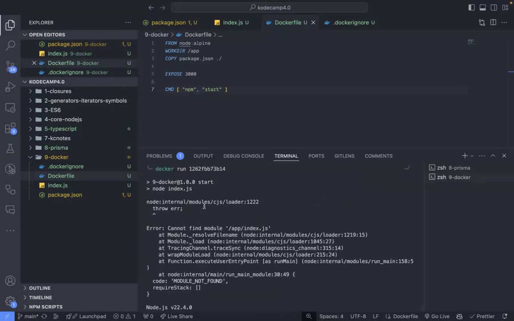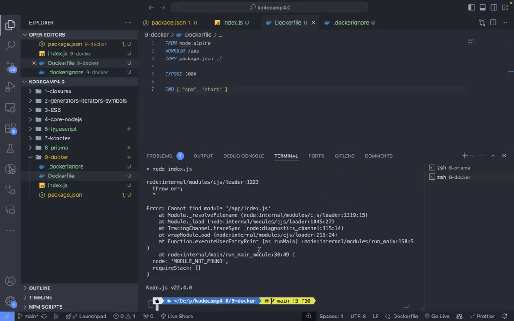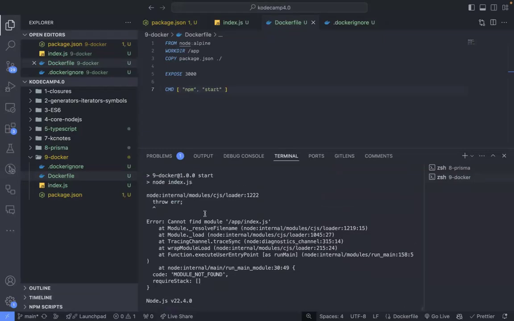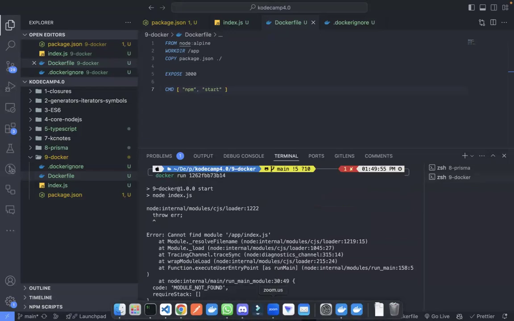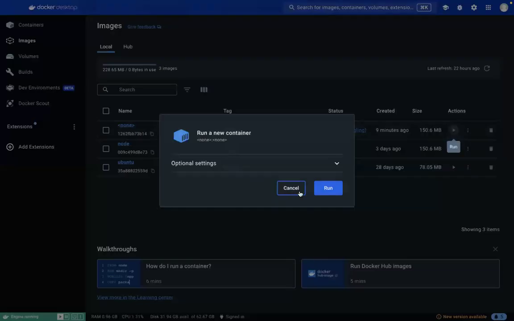Okay, so now it's throwing an error: cannot find app index.js, module resolution, and all of that. Because there's no tag, Docker Desktop fails to show us the image, and now it appears, since the image is dangling. If you try to run the image,